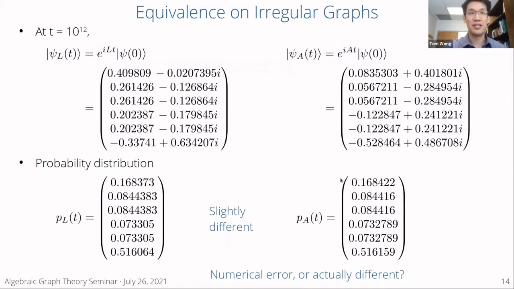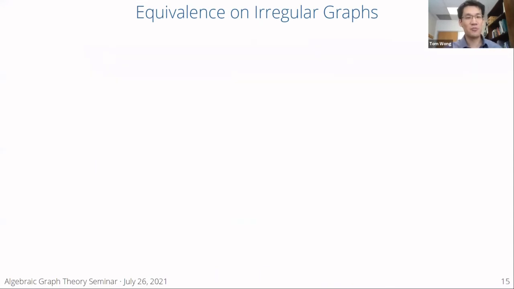And in fact, this graph does not have equivalent quantum walks for all time, or for any time for that matter, because all we've done is we've simulated things numerically. This is not a proof, as the people in this seminar would know very well. So basically, we need a proof before we can determine if these are actually equivalent or not. And so the steps to do that are pretty straightforward.